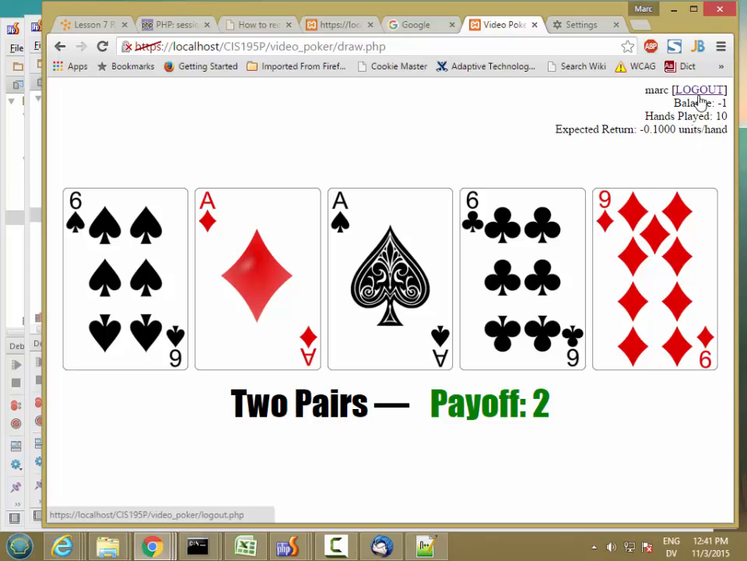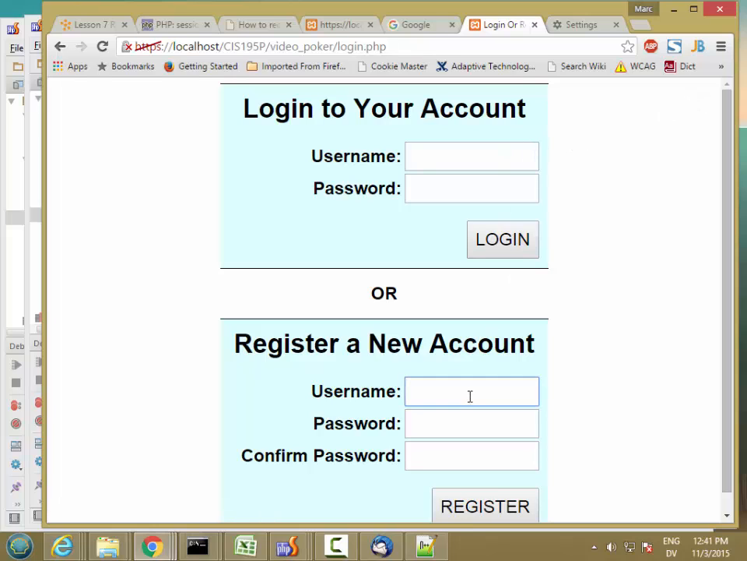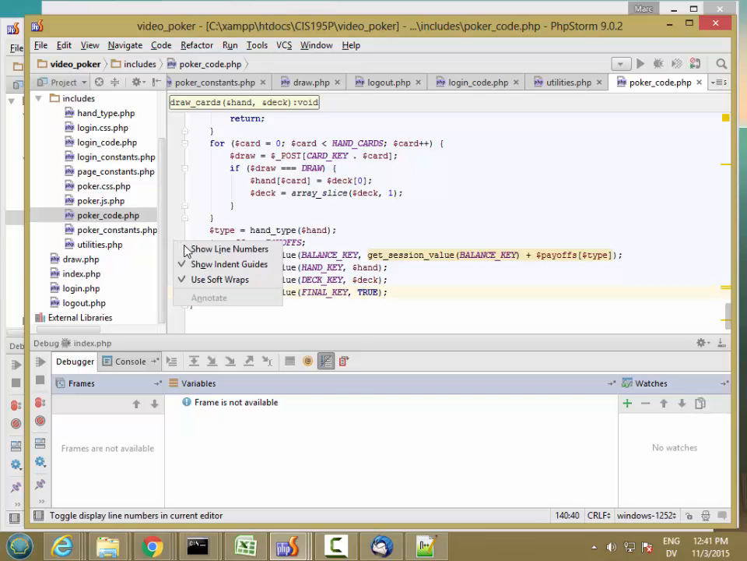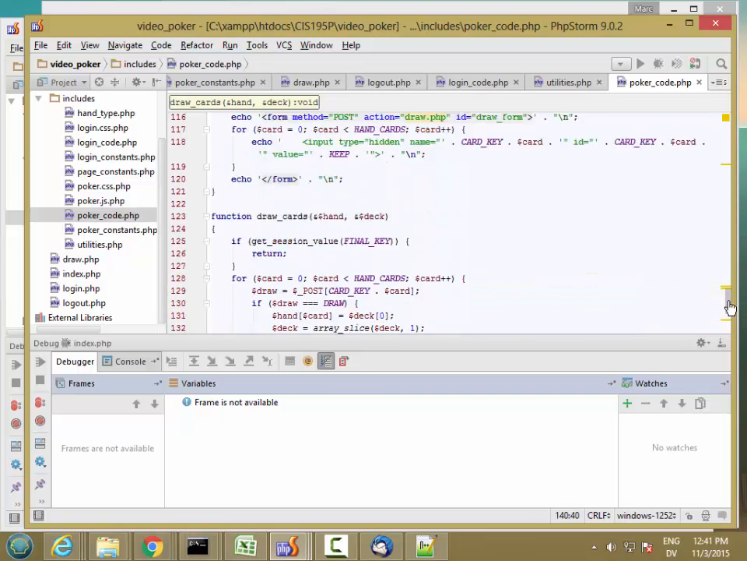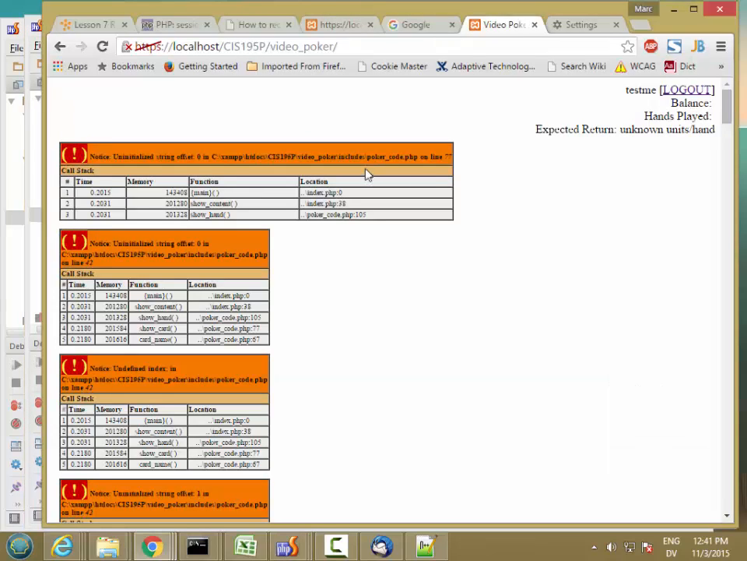So let's log out and see whether this works correctly for a brand new user. So let's create a new account, test me, test me, test me, and I'll register. So I have some errors. Let's go to line 77. Take a look at what's going on there. So I don't have a hand yet, apparently. And then also on line 42,